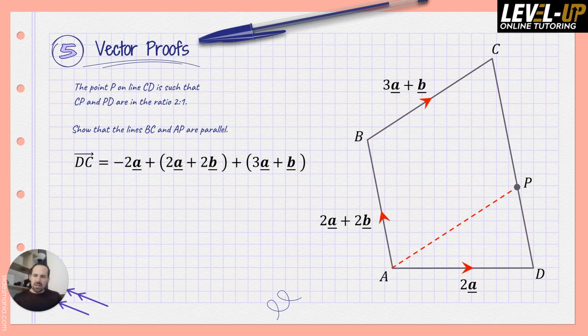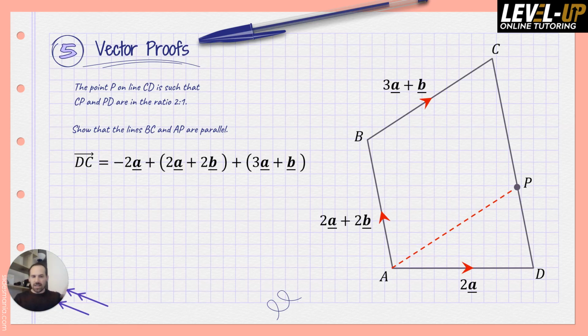You see there's a lot of commonalities regarding these questions. So, we know what fraction of the way P is. It's basically 1/3 of the way from D to C. So if we find out what D to C is, we can then just do 1/3 of that. And D to C we can